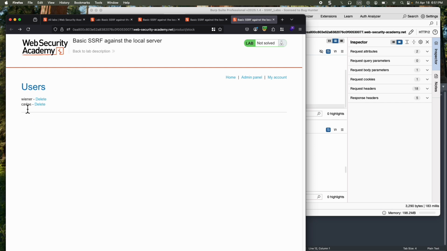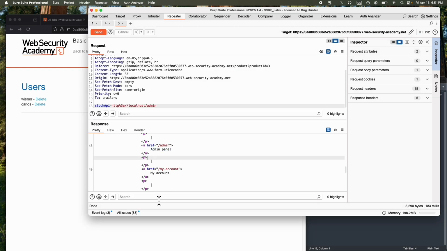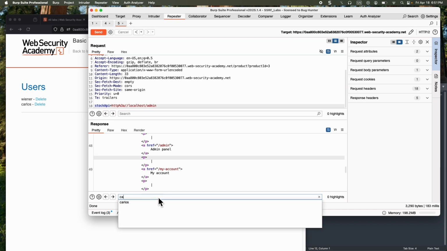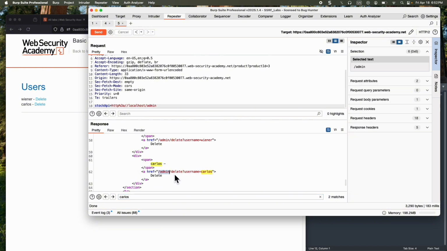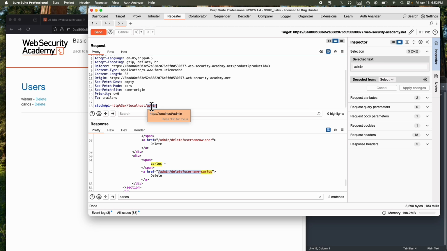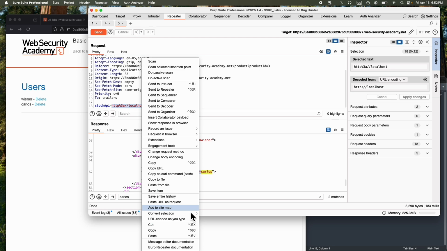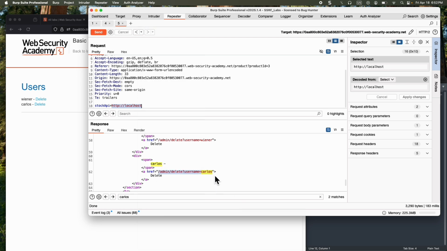The only way to delete Carlos is to use the path of the delete button. So to find this path, we'll go here in the response and we'll type Carlos. And then we'll see href and then a path of a link. So we'll highlight this, copy it. We'll delete admin here because it's in the path that we copied. URL decode this, convert selection, URL decode,